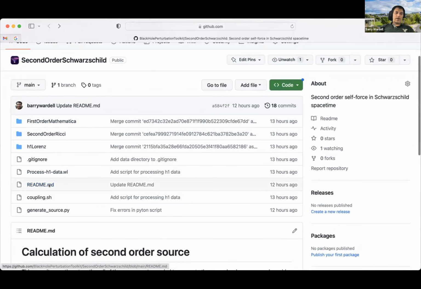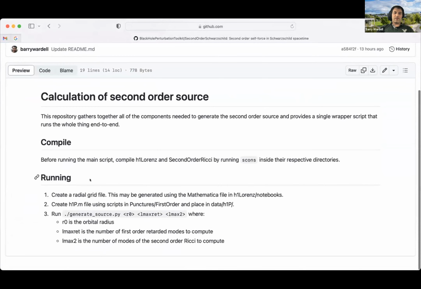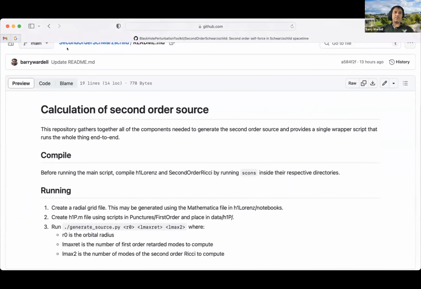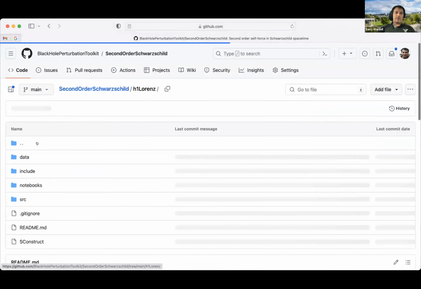If we go into the README first, as I said before, it gives a fairly short explanation of how to run the code. Probably more technical are these 2 codes, H1 Lorentz and second order Ricci. So if we go into each of these in turn,